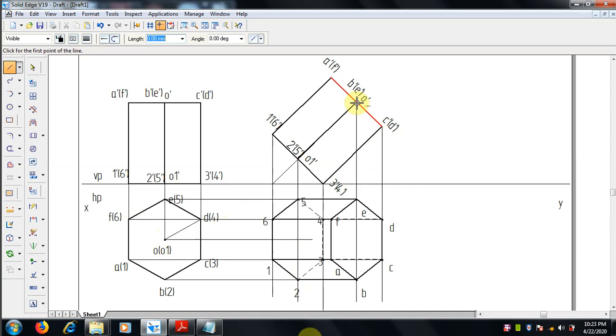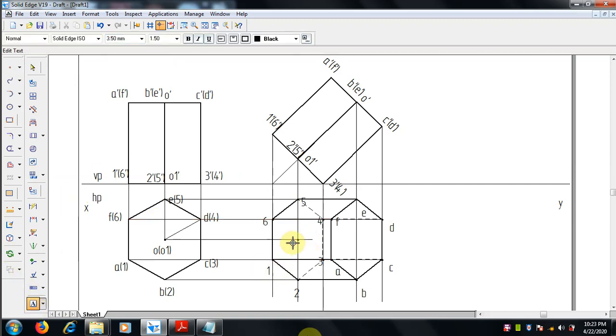So like this B is there, then we can extend this. This is the intersection point. Find out where it is getting intersected.